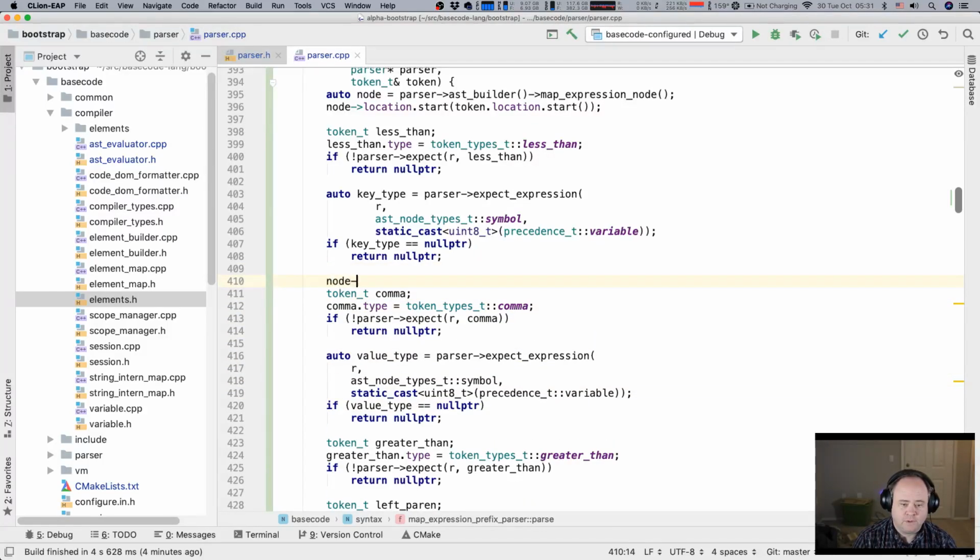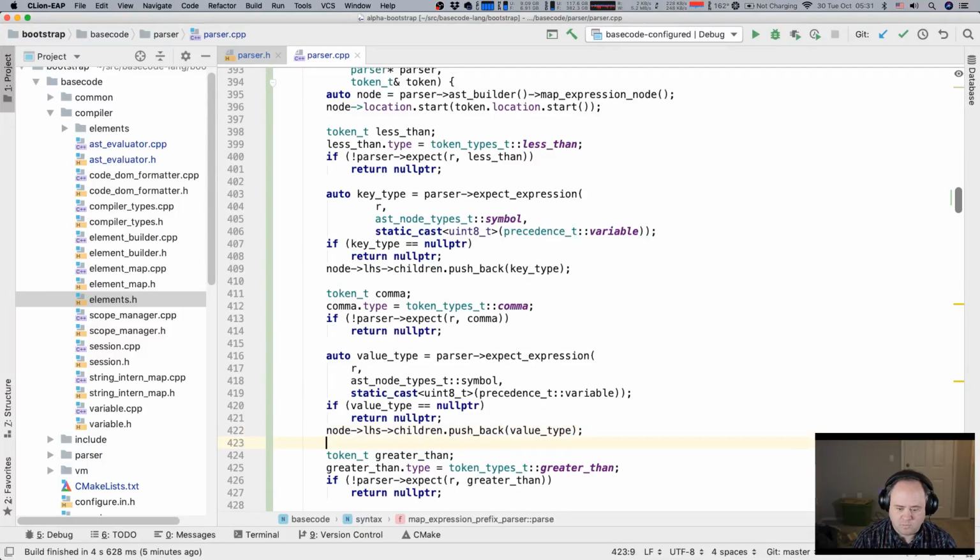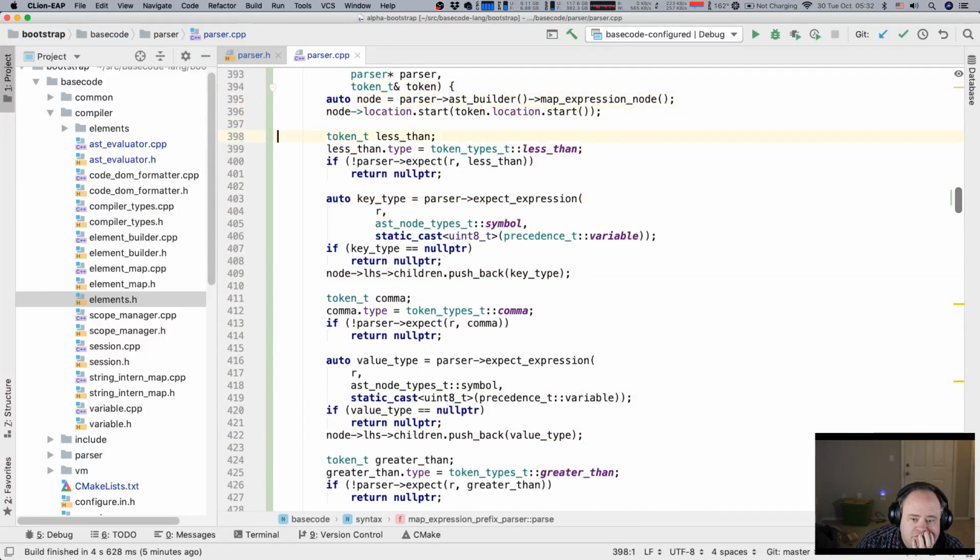Then we're going to do node, left-hand side, children, push back, type. Oh, there we go. So we already got the map token.